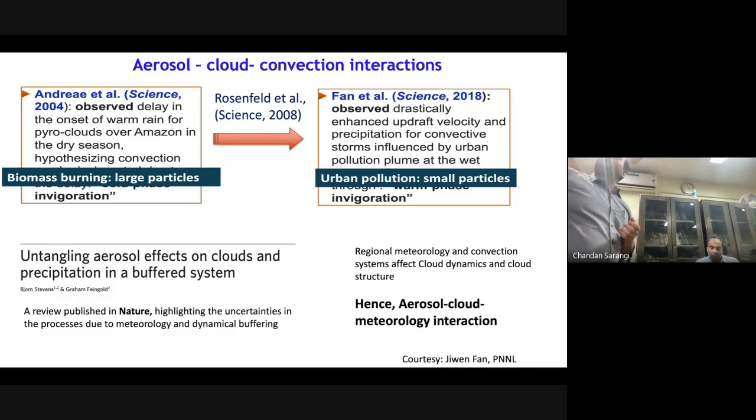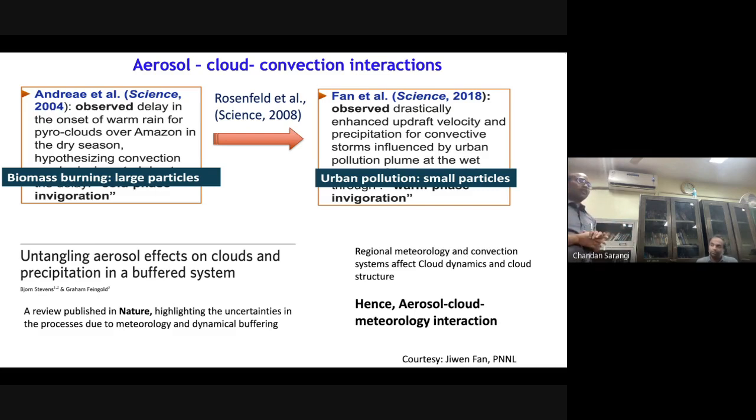There is a famous line of research which has been constantly published in very reputed journals, and it says that if you increase the pollution, or if the region is getting polluted, the clouds' droplets are smaller, and hence its buoyancy is decreasing. So what will happen? It will go up in the atmosphere, and the liquid will turn into ice if it crosses your freezing level. Once it becomes ice, it will fall down at a very high speed. So the understanding is, if a storm has to create rain in 3 hours, now it is delayed. For the first 2 hours there is no rain because everything is going up, the droplets are smaller, and in the last 1 hour there is very heavy rain. All the mass is coming down, and these kinds of thunderstorms are increasing the extreme rainfall,